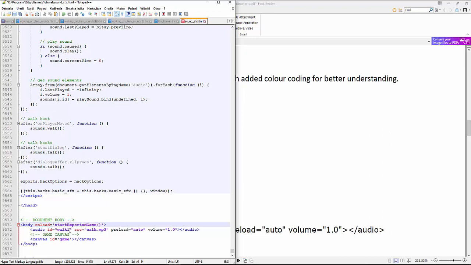Okay, so what's important is that this walk and this walk are connected. So whenever a player moves, this sound will be played. This connects to this audio tag with an ID of walk. The ID of walk has to be the same as this over here in sounds. And the source file looks up the file, which is on your hard drive in the same folder as your HTML file. So I guess we're going to need a walk mp3,